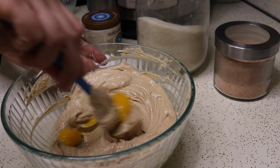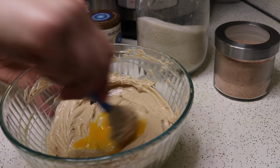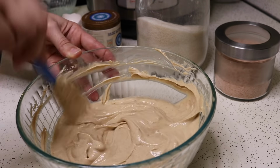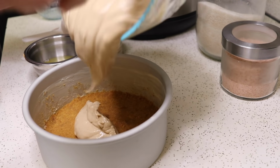Now it's time to add the 2 egg yolks and the whole egg. Add them one at a time, carefully mixing after each one. At this point, you don't want to overmix or you could ruin your cheesecake. Once you've gently mixed in all of your eggs, grab the pan out of the freezer and get the filling